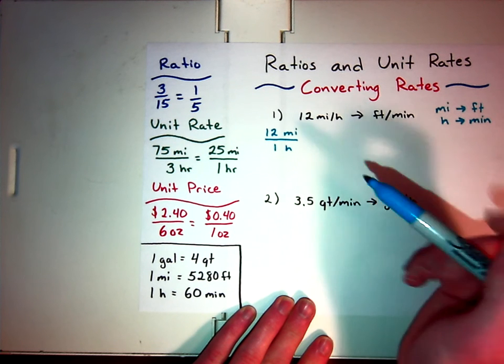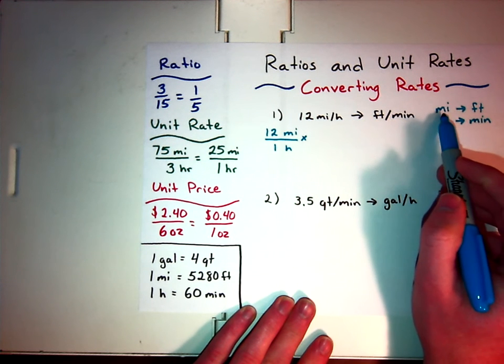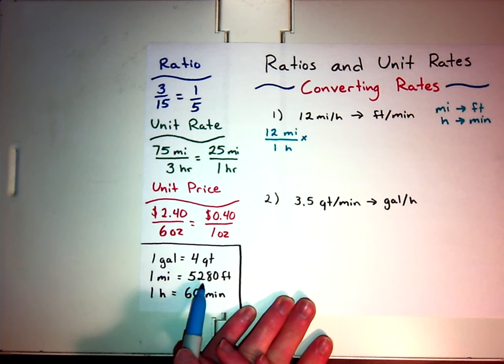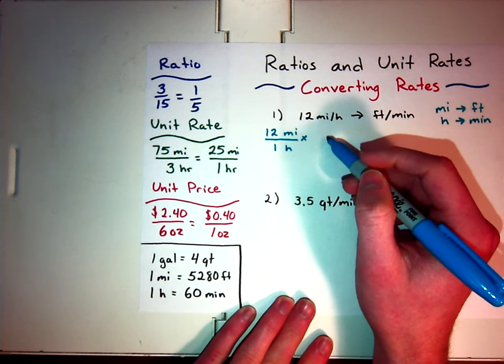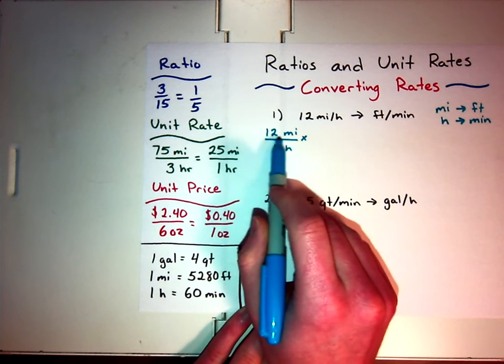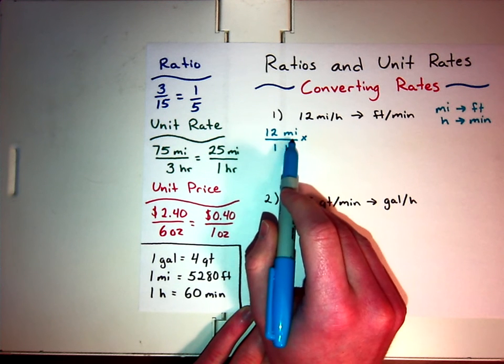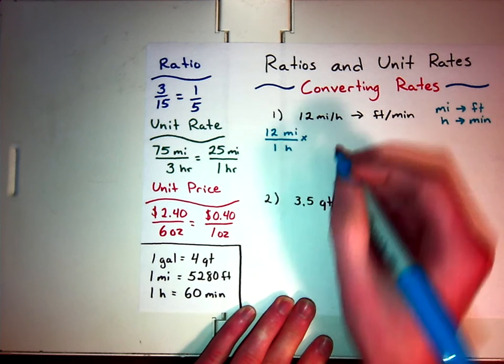But what you're going to do is you are going to multiply, and you're going to take the conversion. So since I know miles to feet, right, I know that 1 mile is 5,280 feet, all right, what you're going to do is you're going to take that conversion, and you're going to create a fraction here. And how you're going to create that fraction is, well, since it's 12 miles, and that's in my numerator, I want the other mile symbol to be in the denominator. I always want to have the same symbols across from each other. Okay? So, if I've got 1 mile